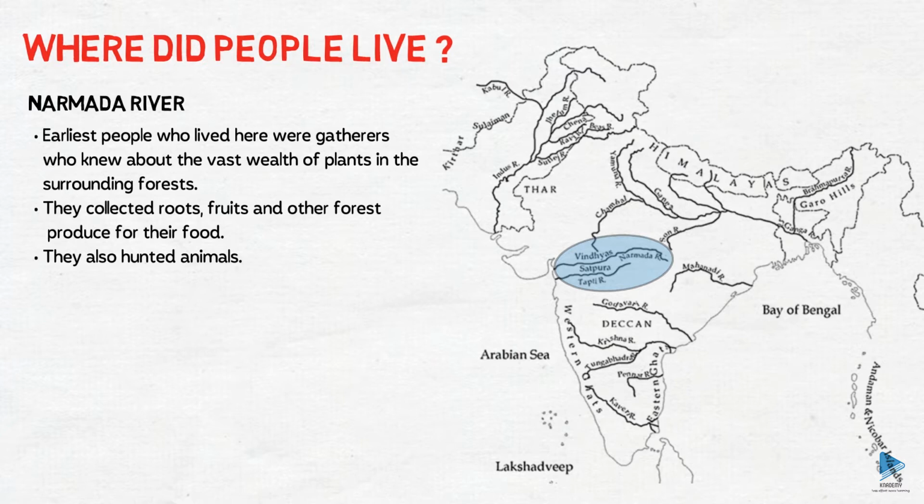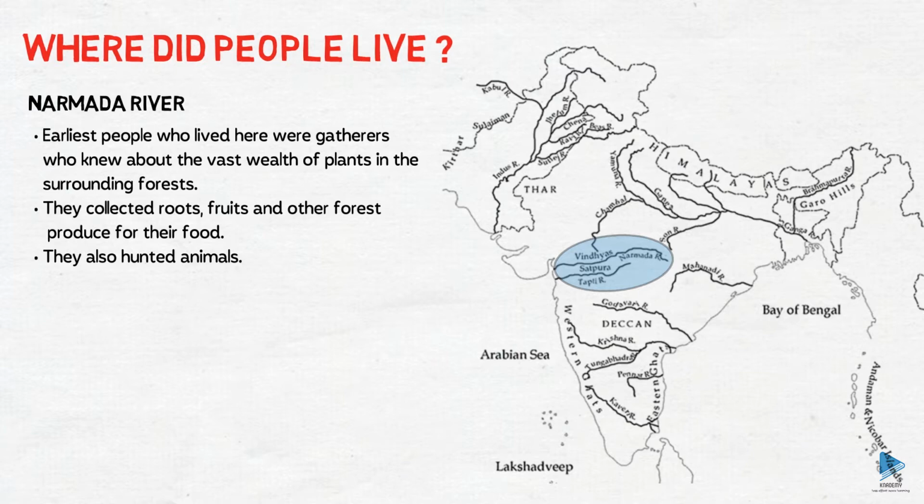This is a map of South Asia which includes India, Pakistan, Bangladesh, Nepal, Bhutan and Sri Lanka. South Asia is called a subcontinent as it is separated from the rest of the Asia by seas, hills and mountains, and it forms a separate geographical entity.